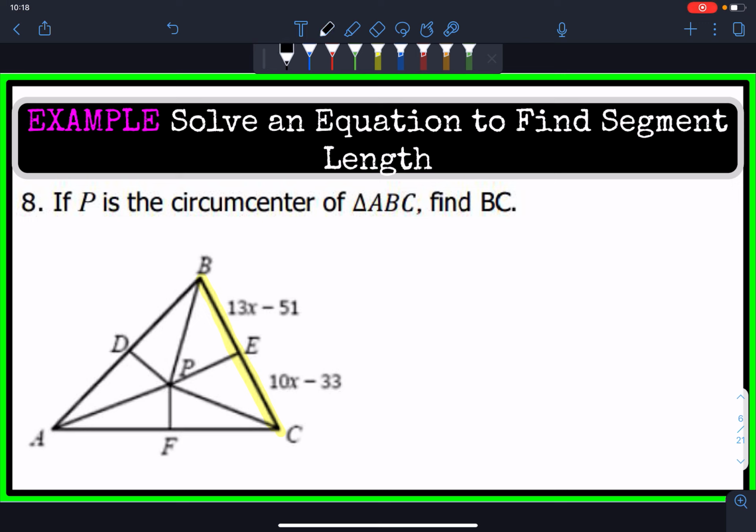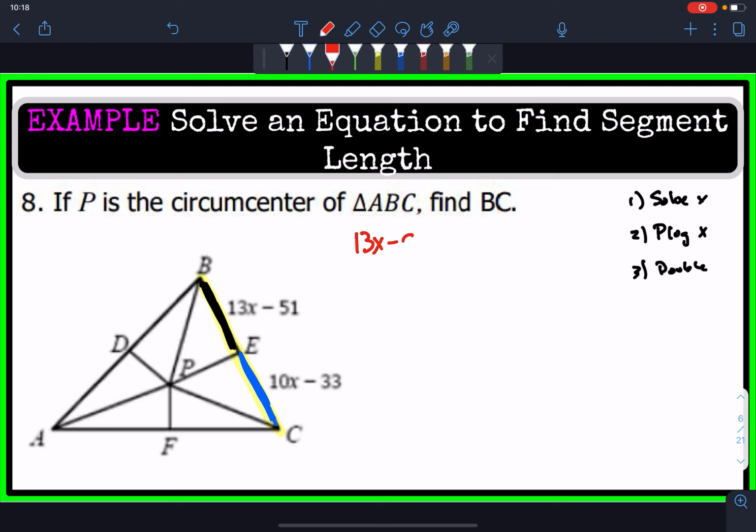So let me write that stuff. First I need to solve for X. Second, I need to plug in that value of X. And third, I just need to double that number, because these two segments are going to be equal. So let's start by setting up our equation. Again, like I said, since this segment here in black is equal to this segment right here in blue, then